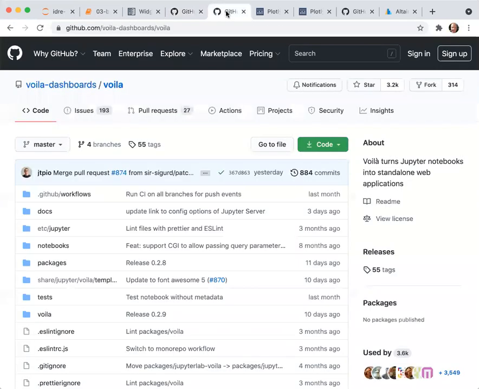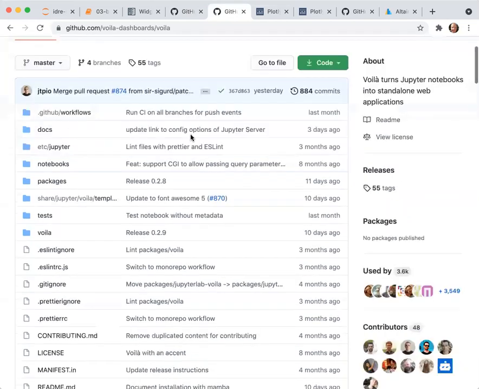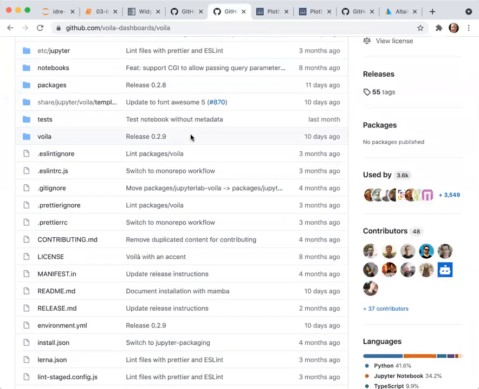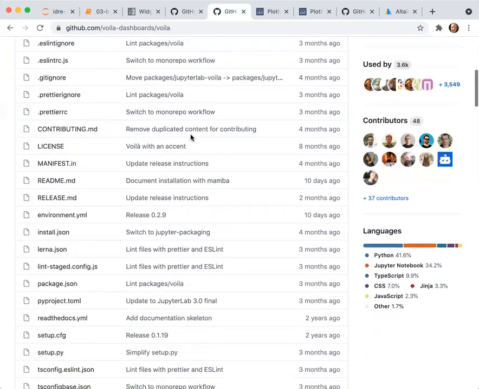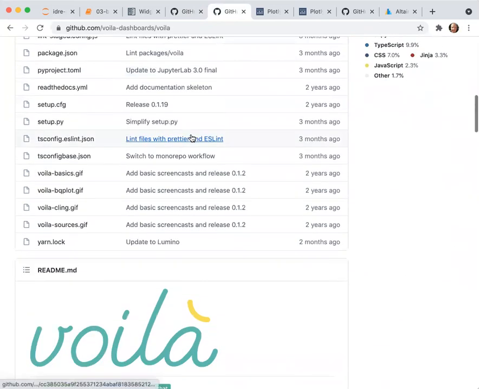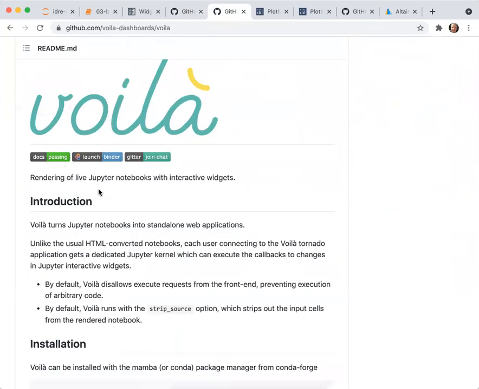But I'm going to show you an additional library, which is really nifty too, which is a library called Voila. Voila, as you might guess from the name, is a way to generate something which looks kind of magical: it's going to generate an interactive web application from your Jupyter notebook. So Voila is a library to render live Jupyter notebooks that have interactive widgets included in them.